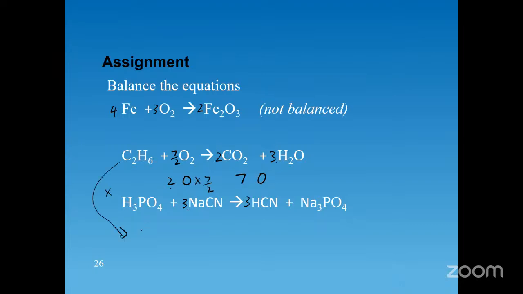So you're going to end up with 2C2H6 plus 7O2 to give 4CO2 plus 6H2O, and that should be the final answer. Let me just do a quick check to make sure. 7 times 2 is 14, 8 and 6. Yep. So that would be the final answer. All right. Okay. So balancing equations is very important because